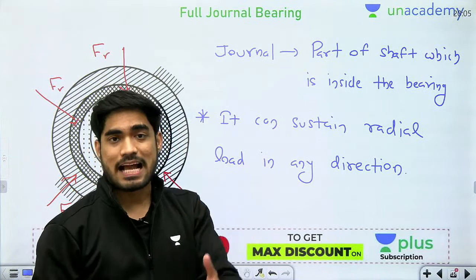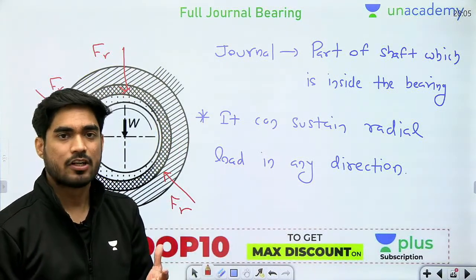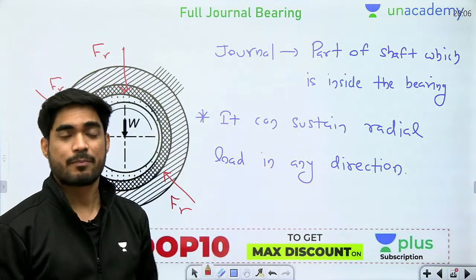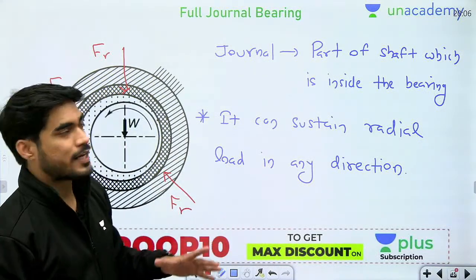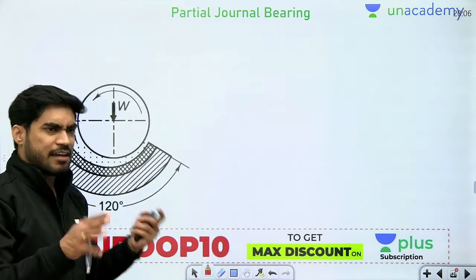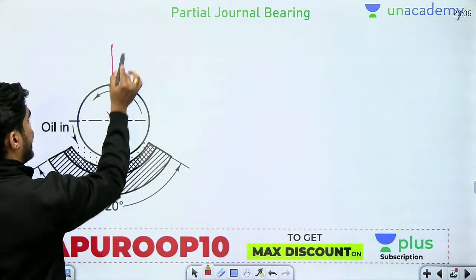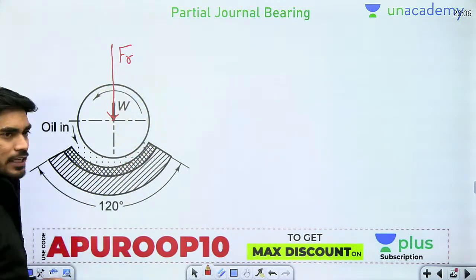Okay, तो क्रैंक शाफ्ट में, इंजन में जो जर्नल बियरिंग यूज होता है, द बियरिंग यूज्ड इन क्रैंक शाफ्ट और द बियरिंग यूज्ड इन पंप्स, द बियरिंग यूज्ड इन मोटर्स, दोस बियरिंग्स आर फुल जर्नल बियरिंग्स. ओके, बट इफ द रेडियल लोड इज ओनली इन वन डायरेक्शन, अगर रेडियल लोड जो है वो सिर्फ एक डायरेक्शन में आ रहा है,